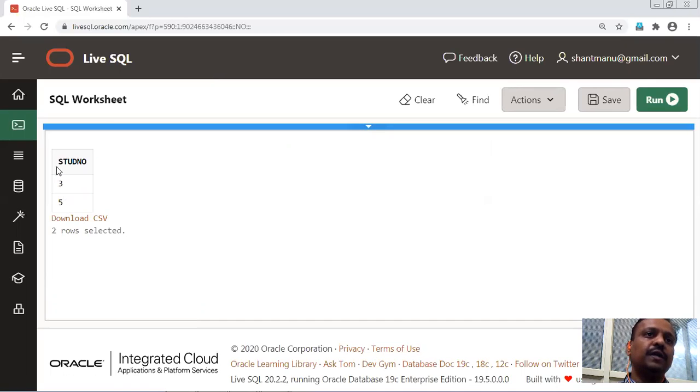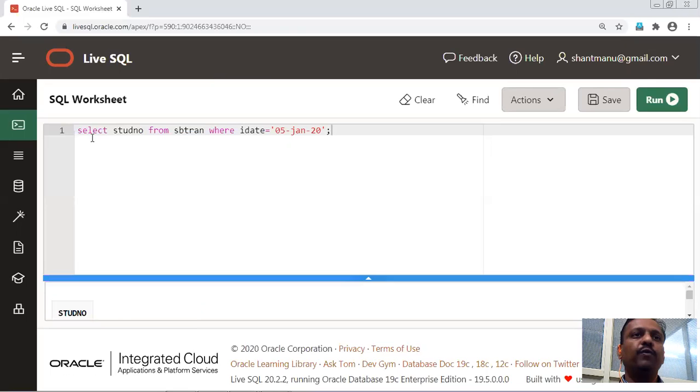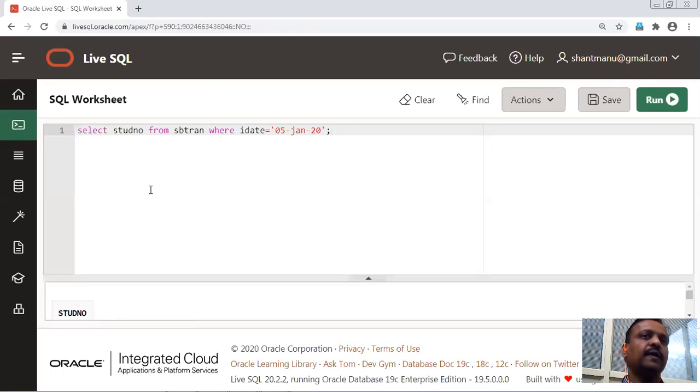So this domain should be an input to the outer query. What is our outer query now? Select, what we have to find? Student name from student where student number in. What does in mean?